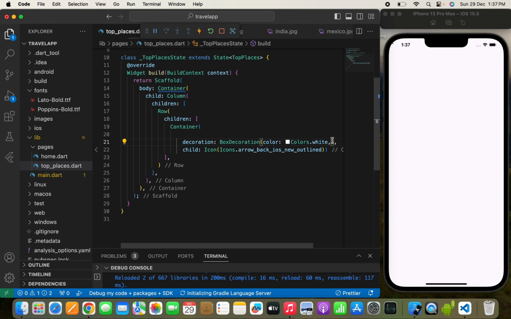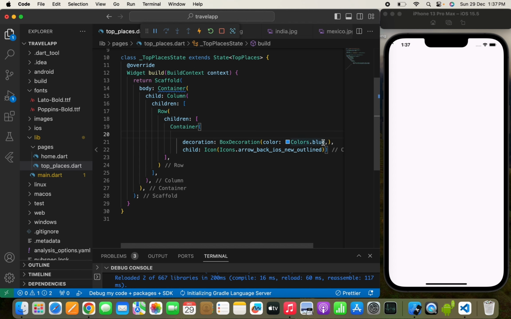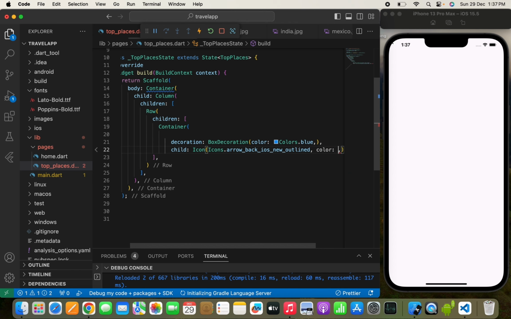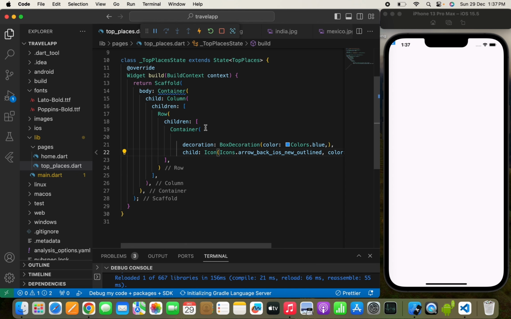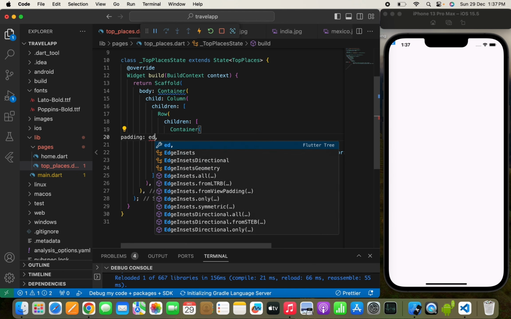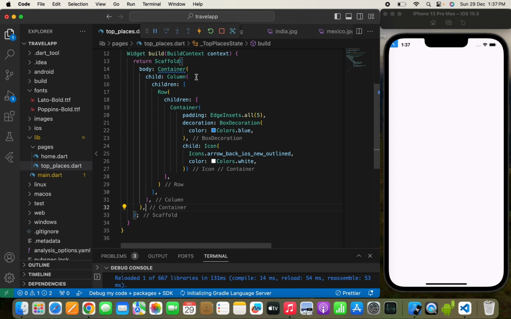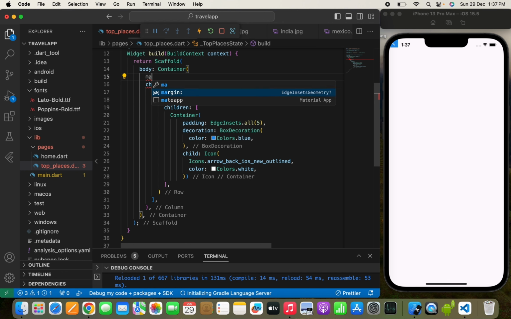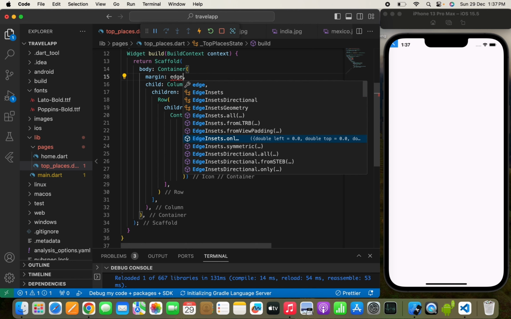So rather than passing white, I'm thinking let's pass blue, and we'll change the color of my icon to white. I think it will look cool, I guess. Yeah, now here we'll pass the padding EdgeInsets.all, and we can pass up to 5. Now we can pass a padding, or you can say a margin, so that I can see all the things. So we'll use EdgeInsets.only, and we need to just pass from the top